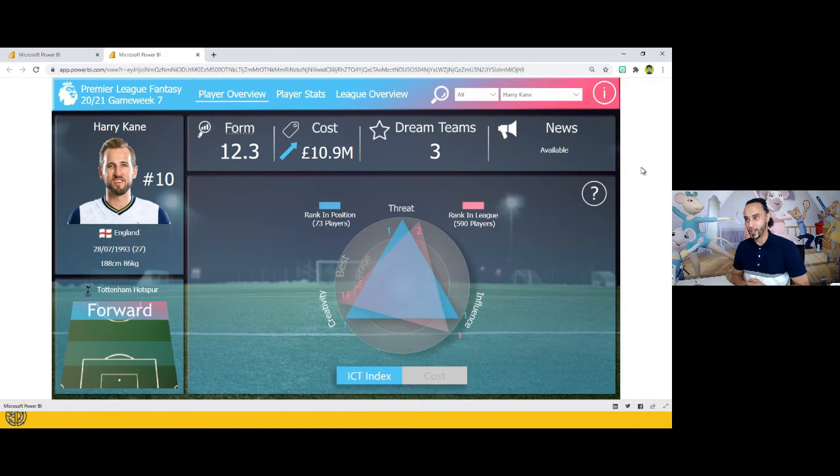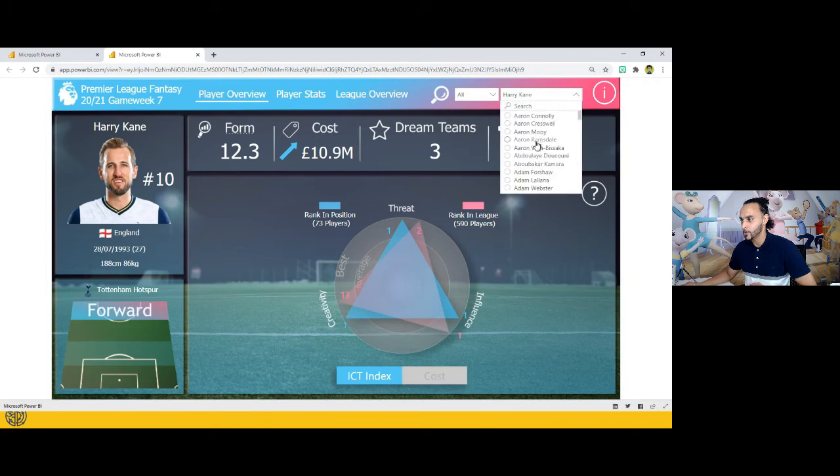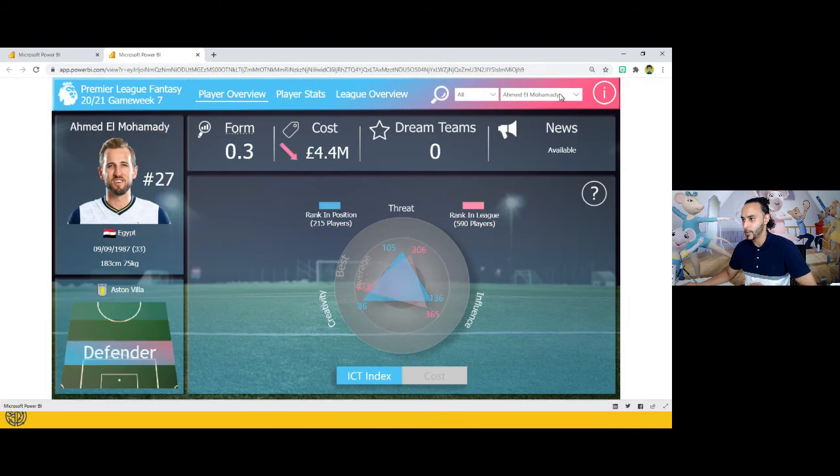Now, first of all, I really like the visual. You straight away come into a view. Unfortunately, it's Harry Kane as the first striker you see. Would have preferred Mo Salah, but I'm liking this visual that I can see here in terms of the threat and the creativity that particular player is providing. And I think what we can do is go through and search through any other player within the tables and the data set, and have a look at their creativity and influence and threat, etc. as well.